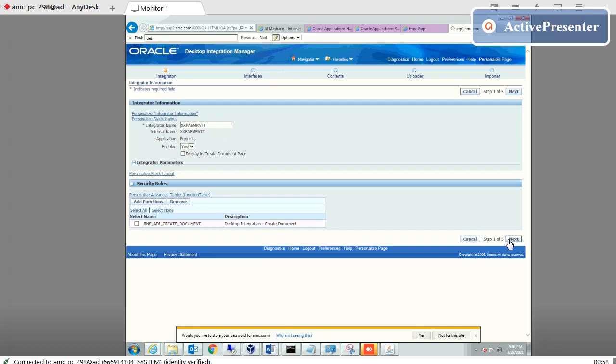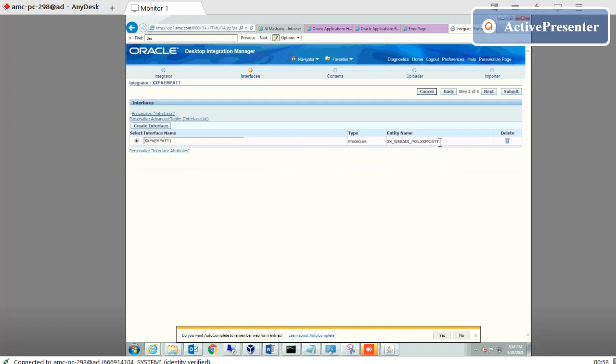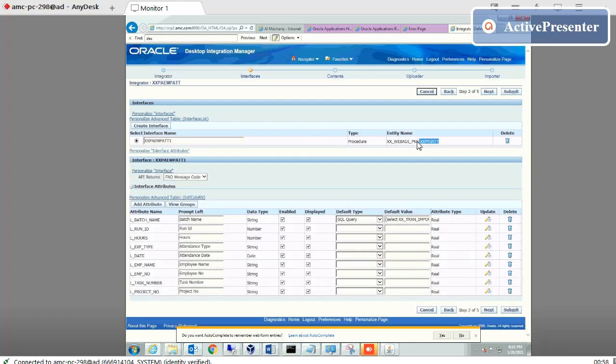If I go here, next one, you will find this source. This source is the Access web area package. This is a custom package I have created. I will show you the access sheet.